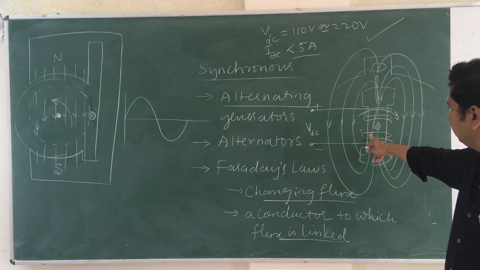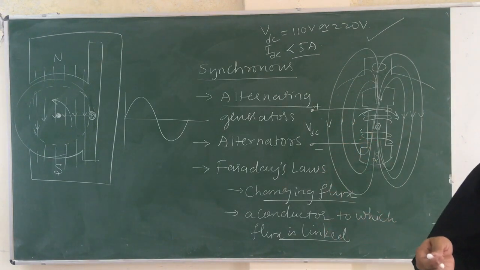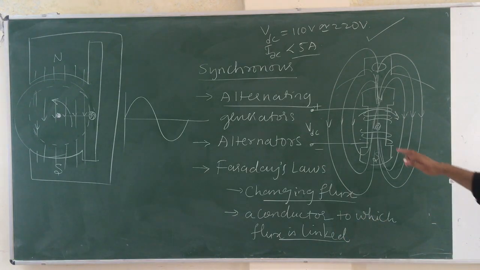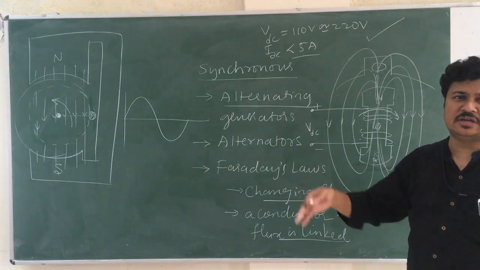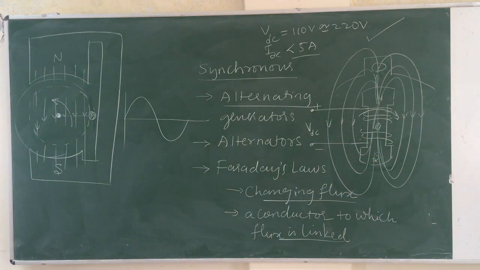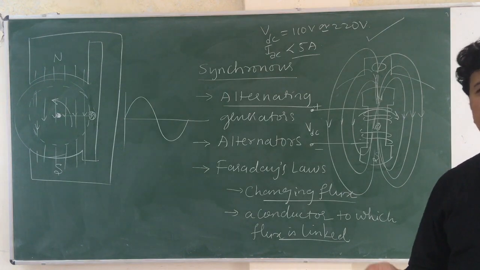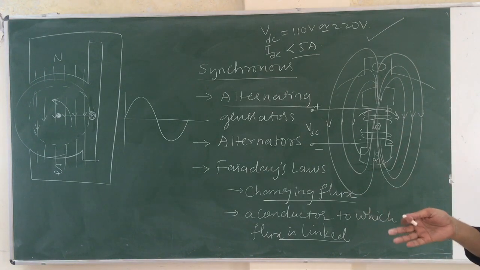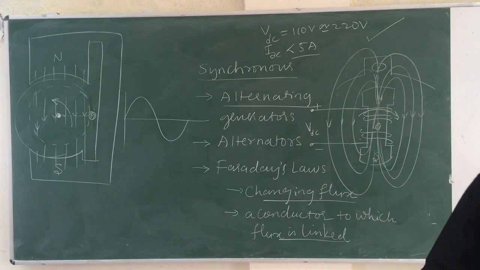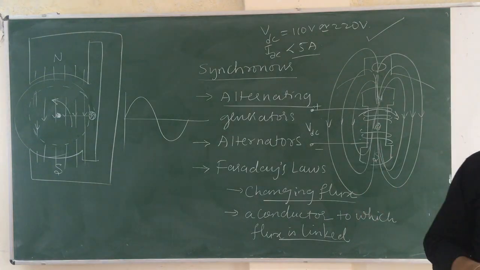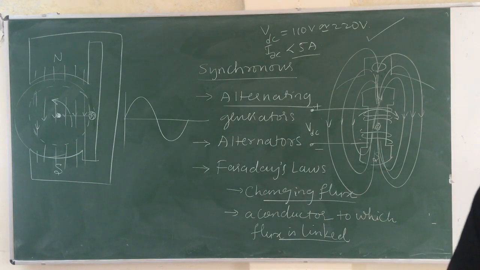See, this DC voltage I am giving externally, either by using batteries or by using a DC generator. Because the magnetic field has to be produced externally. Because I am using an electromagnet, I have to give electricity externally. If I use a permanent magnet, I will not be connecting any supply to that. A permanent magnet will generate its own magnetic field. But because I want controlled magnetism, I will be using an electromagnet.